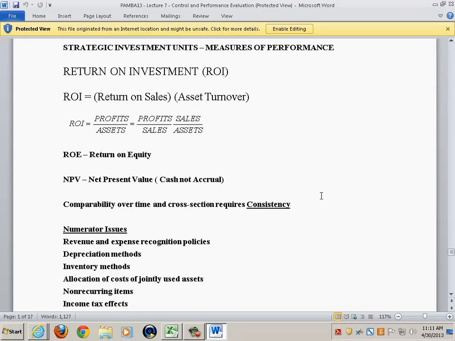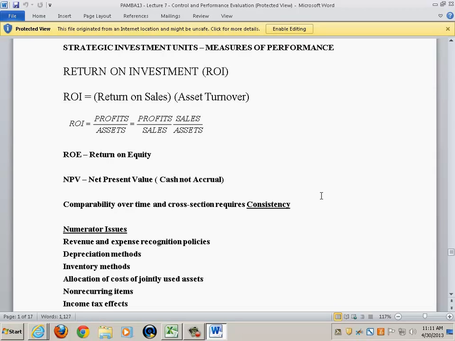And one of the oldest measurements, the origin of which goes back to the earlier parts of the 20th century, is the return on investment. And actually the return on investment, like most concepts in management accounting, is conceptually a fairly simple and straightforward concept. So basically what we are saying in return on investment,